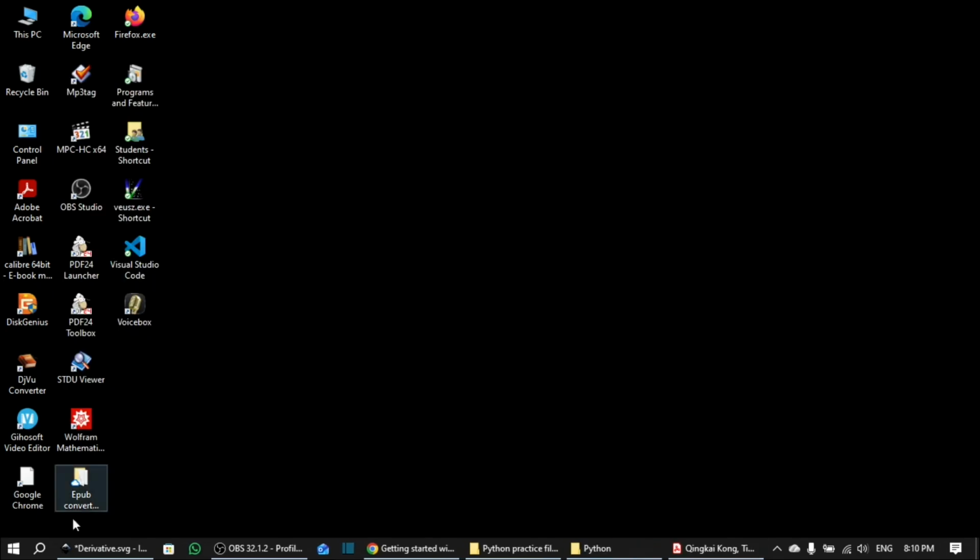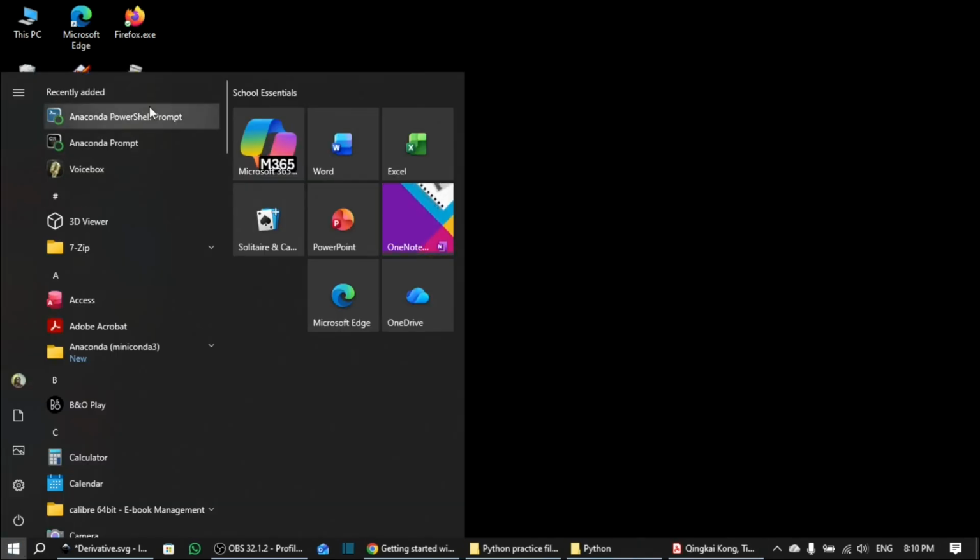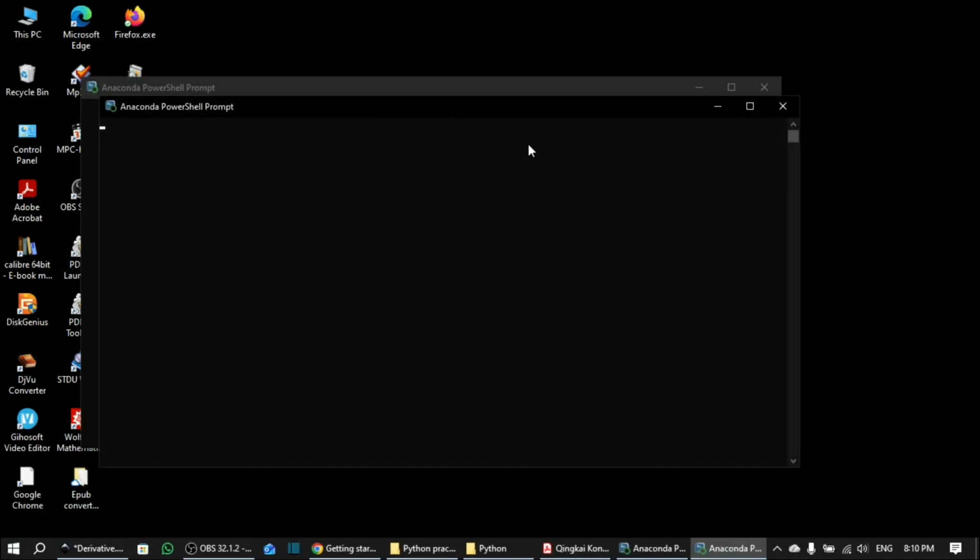Similarly, if I open the other one, I can come here and I open this one. Then this is the PowerShell prompt. And again, see user shown and that is there. So this way you can install